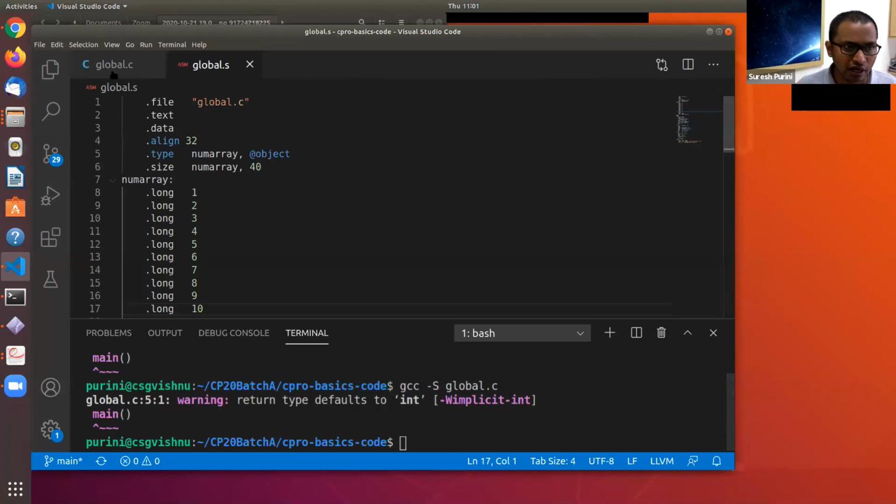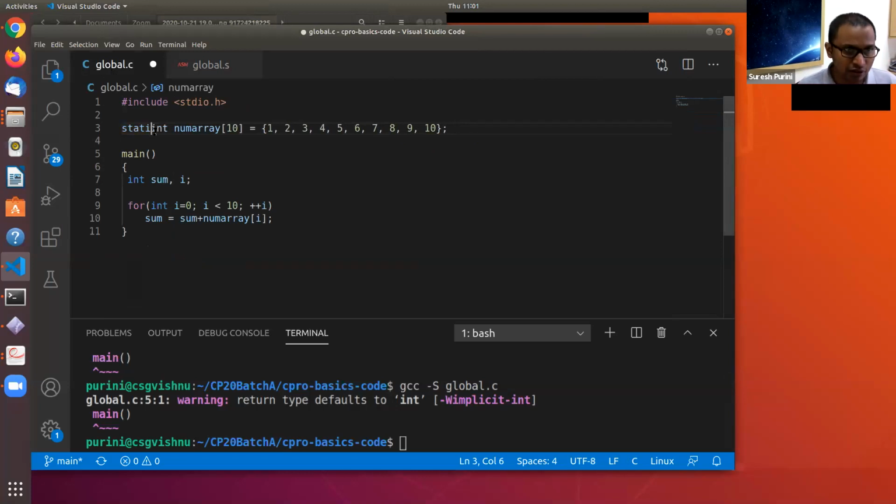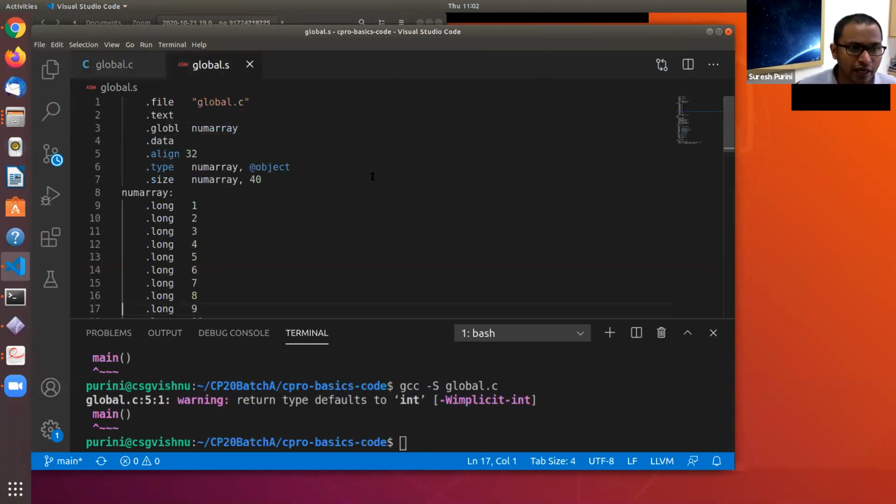Great. So let's go back to the original code. Now you can see that after removing that static qualifier, num array has become global again, saying it's visible to functions written in a different file.